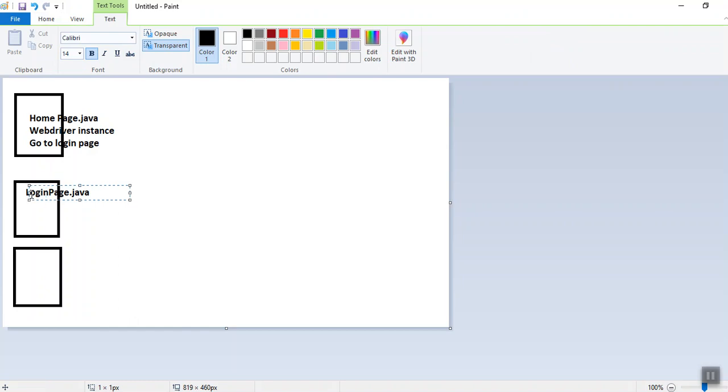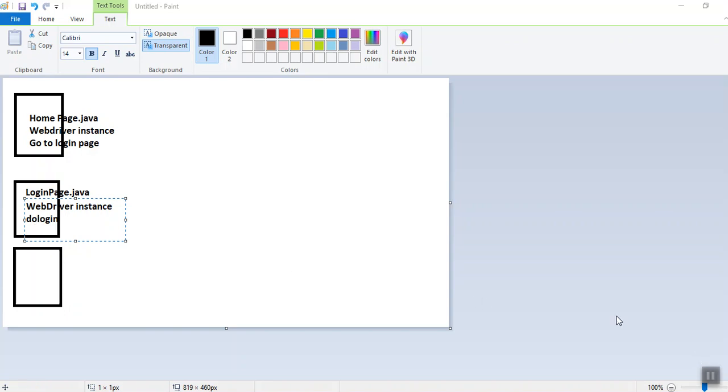We will have a loginpage.java class also, because we are having a home page, we will have a login page. So with the help of the home page we will go to the login page. It will also have the WebDriver instance, and there will be a function known as do login, where we will be able to log in on that page.